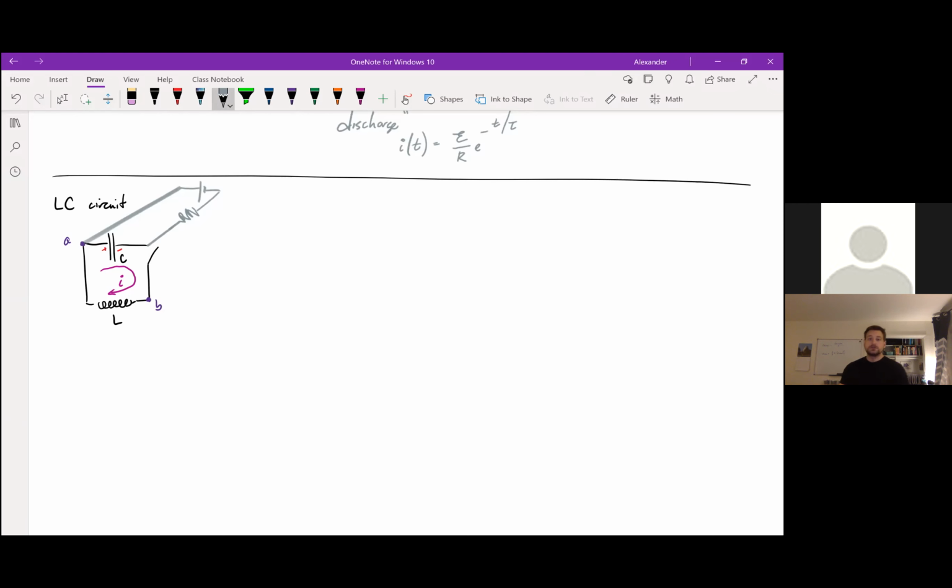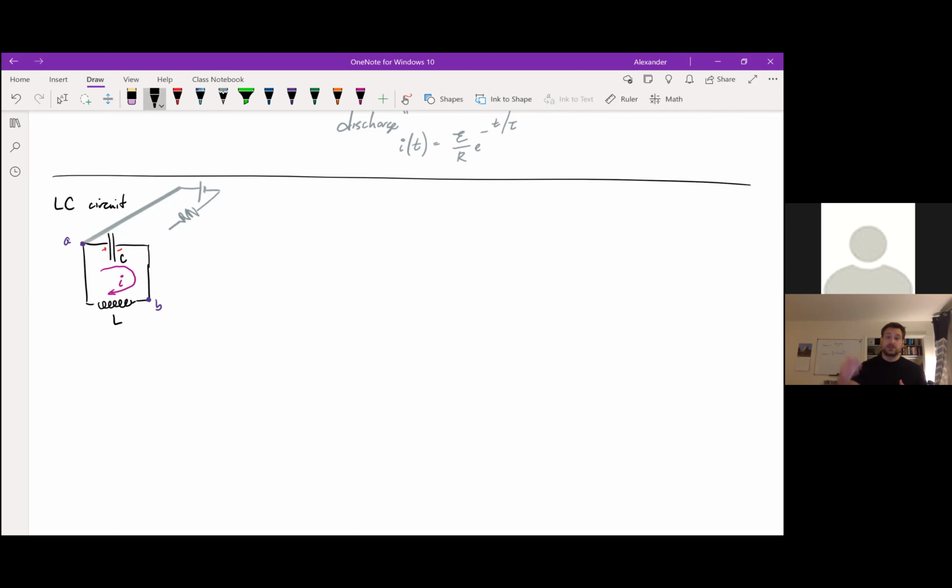All right, so sometime later we open that switch. Whoa, I erased too much. There we go. Sometime later we open that switch. The capacitor still has its stored electric field. And instead, we close this one. Now, the stored potential difference across the capacitor is going to try to push current through